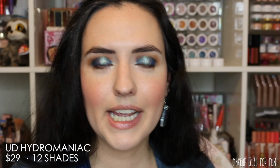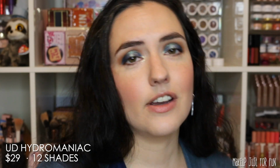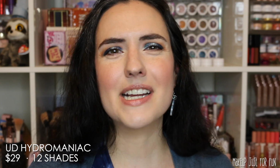Now let's talk about this Urban Decay Hydromaniac. This is a tinted glow hydrator. This one comes in 12 shades. It's priced at $29, and of this bunch that I'm mentioning today, this one has the most coverage. So if you want to do the tinted moisturizer thing, but you do need a little bit more coverage, or you just prefer more coverage, it really walks a fine line between an actual foundation and a tinted moisturizer because it has so much coverage, but it still just looks like moisturized,